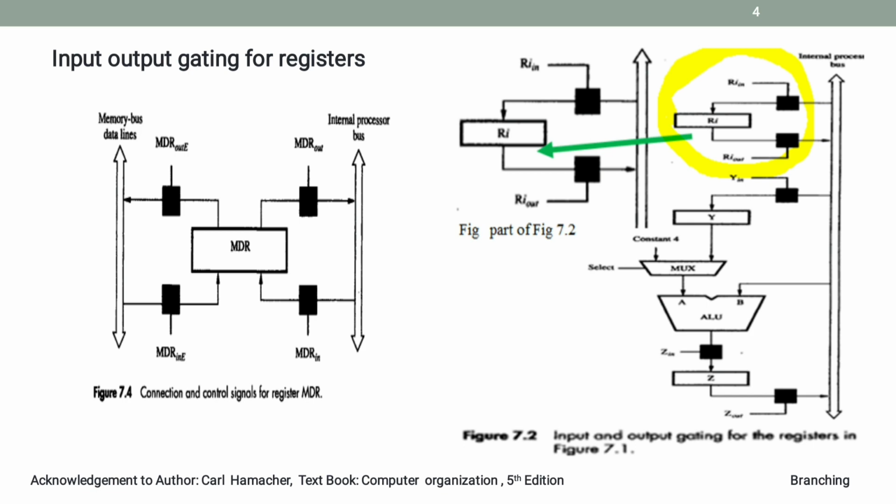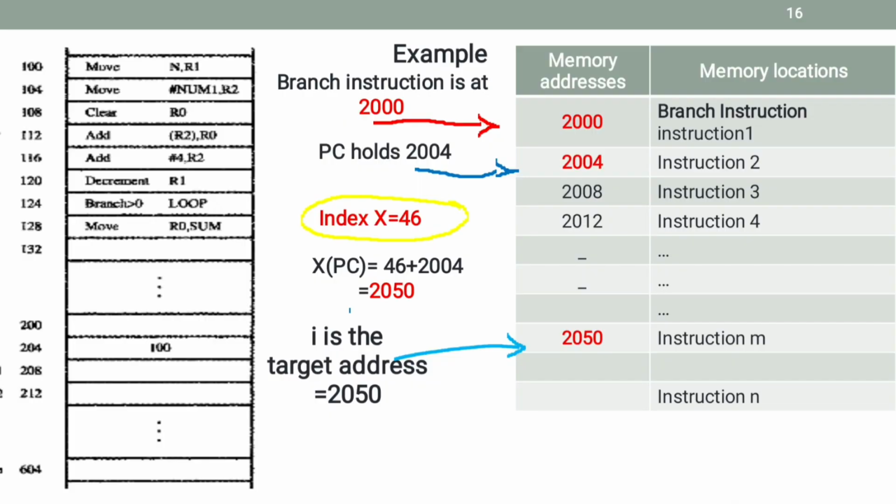After that we shall come back to the explanation of the control sequence, the 5 steps of control sequence needed for execution of an unconditional branch instruction. When the processor is executing a branch instruction, PC will be holding the next instruction address, but in the branch instruction an offset is specified, that is 46. It will be stored in the index register, and that will be added to the next instruction address, that is 2004 plus 46,